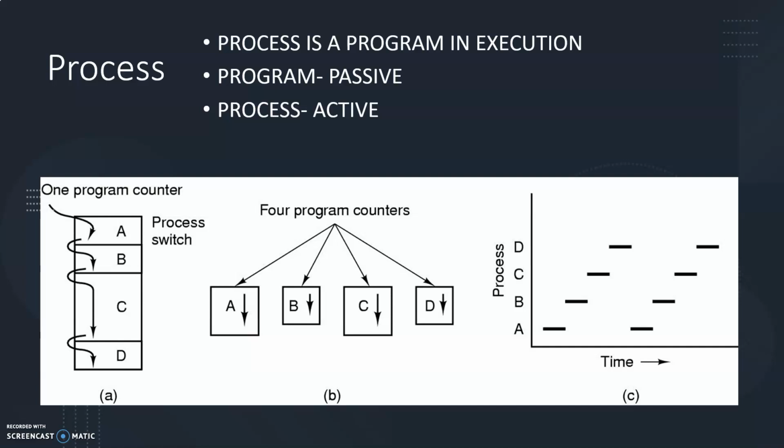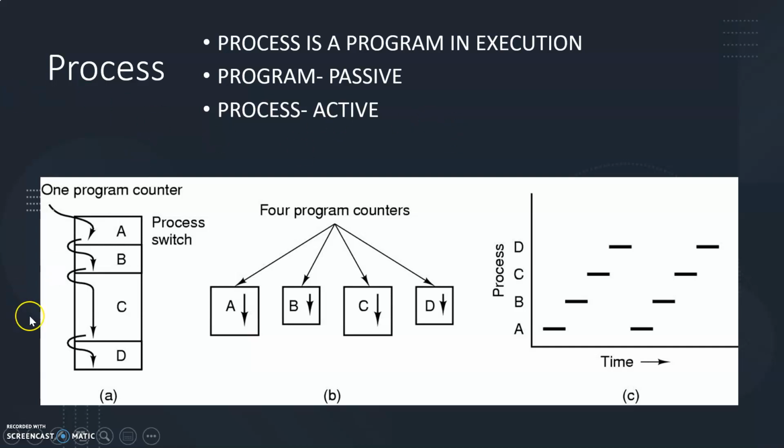So what is a process? A process is actually a program in execution. First you write a program, and then when you run the program, it will be converted to a process. So you can think of a program as a passive entity and a process as the active entity. Okay. So you are going to run a program, which is a passive entity, and it gets converted to an active form, which is a process.